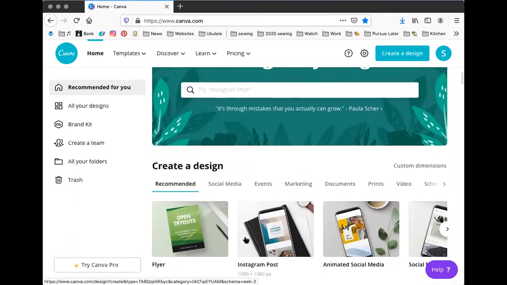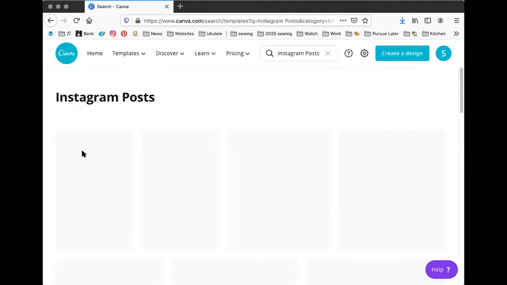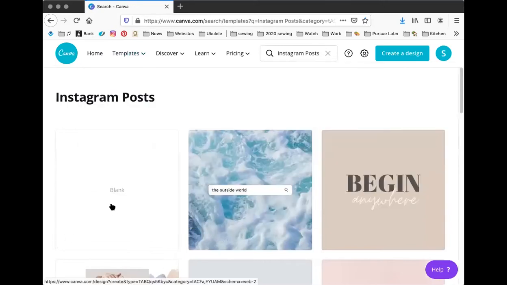Okay, well, I'm going to start with an Instagram post. And that might not make a lot of sense, thinking that this is going to be a profile picture, but profile picture is not an option because most people just use a blank or a regular photo of themselves, right? But Instagram post I like because it's going to be square, which is what most social media sites require, and it's going to be a good resolution or size so that it won't be grainy. So if I start with an Instagram post, no, blank one,